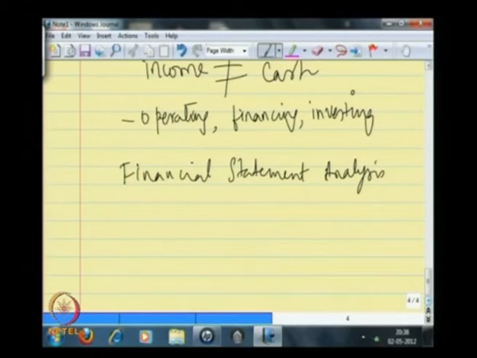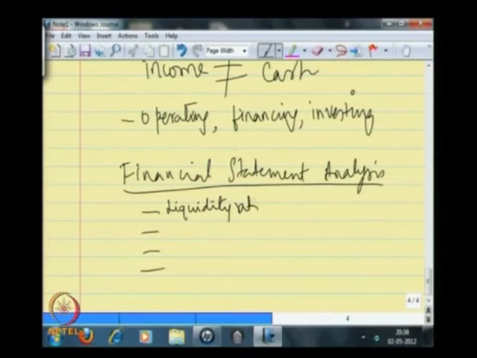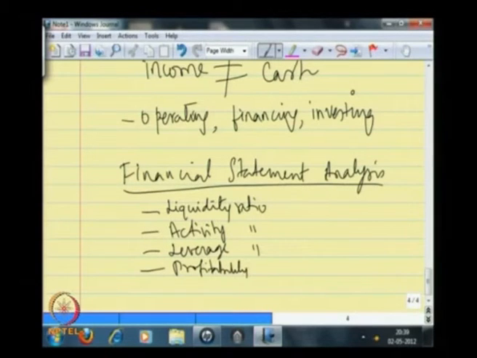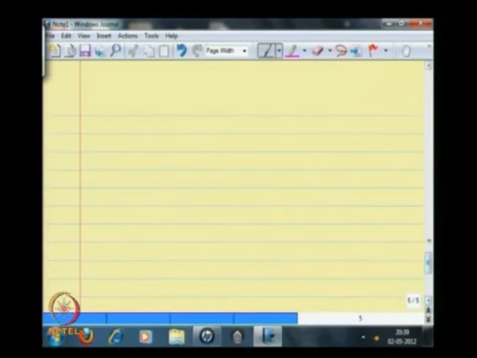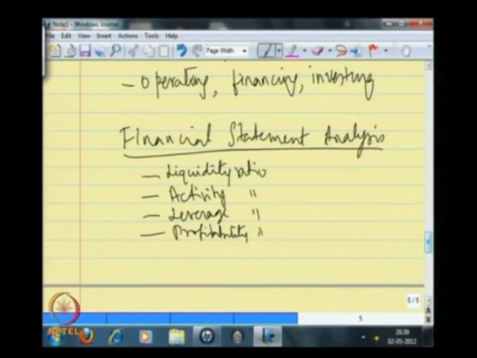And we understood that by actually getting into some of the ratios that are popularly used, which fall broadly under 4 categories, namely the liquidity ratio, the activity ratio, leverage ratio, profitability ratio. So, these 4 ratios that talk about the extent of the liquidity of the firm, the efficiency with